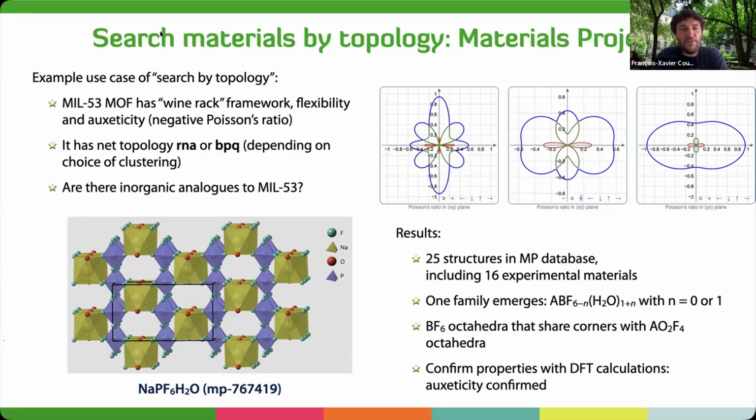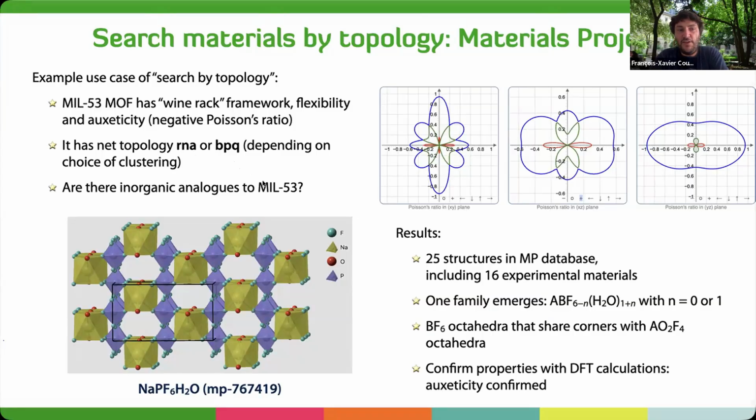And very briefly, the answer is yes. We could find 25 structures with that. 16 of them are experimentally known materials. And there is in these materials one family that emerged that has a specific coordination with BF cis octahedra. B is a metal, and then some